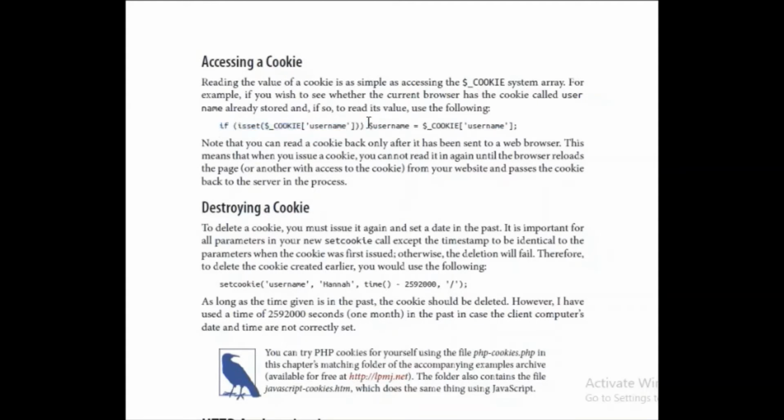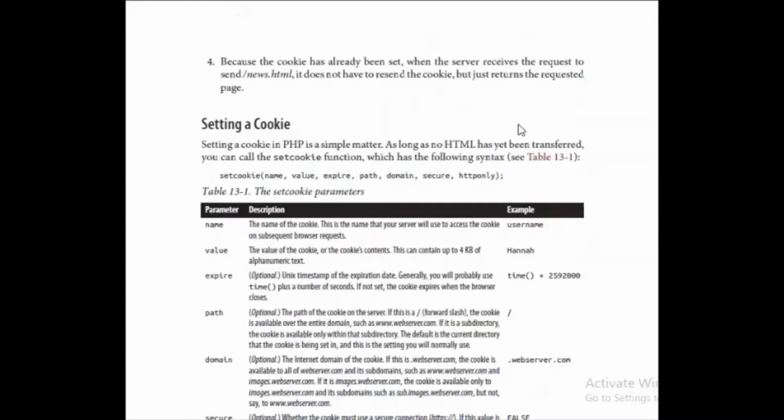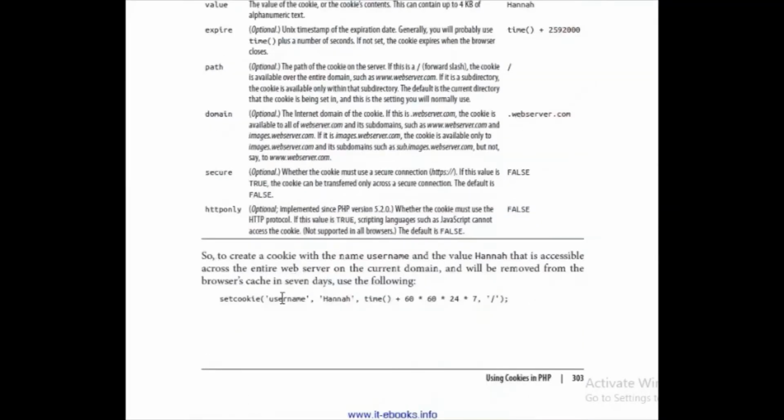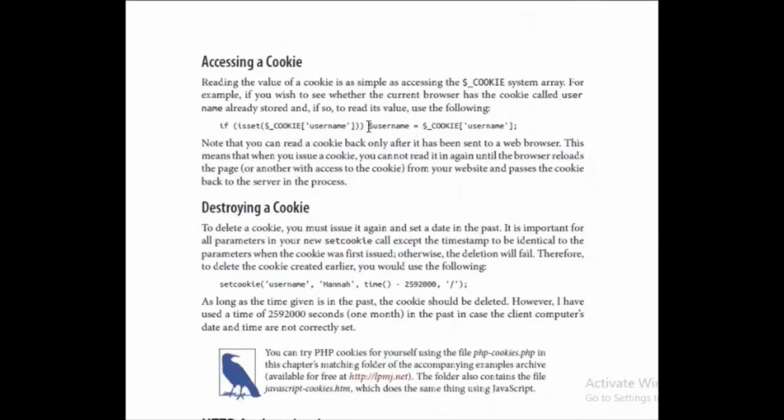Then declare a variable username and make it equal to the value of the cookie. This is how you access the value of a cookie. Accessing a cookie is always like this: $_COOKIE, and then the username, which is the name of the cookie. We created the cookie with the name username. So you are creating a cookie here, and you are accessing a cookie here. Save the value of this cookie inside this variable, and then you can print this variable, and so on.